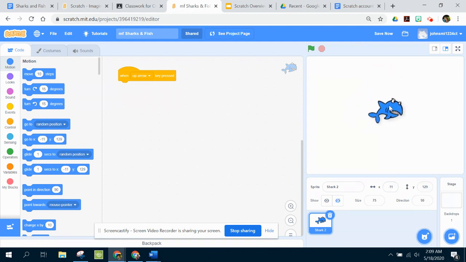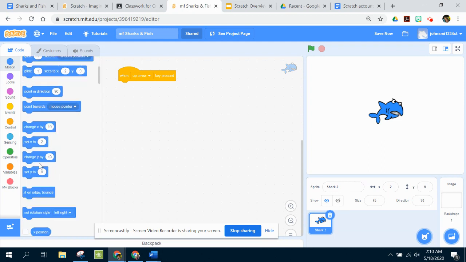So what we want to do is make our shark move 10 steps. The way we're going to make that happen is we're not going to say move. We're going to tell him to change the X coordinate by 10 steps. To do that, you scroll down a little bit and you're going to need the one that says change X by 10. And then once you have dragged that down,